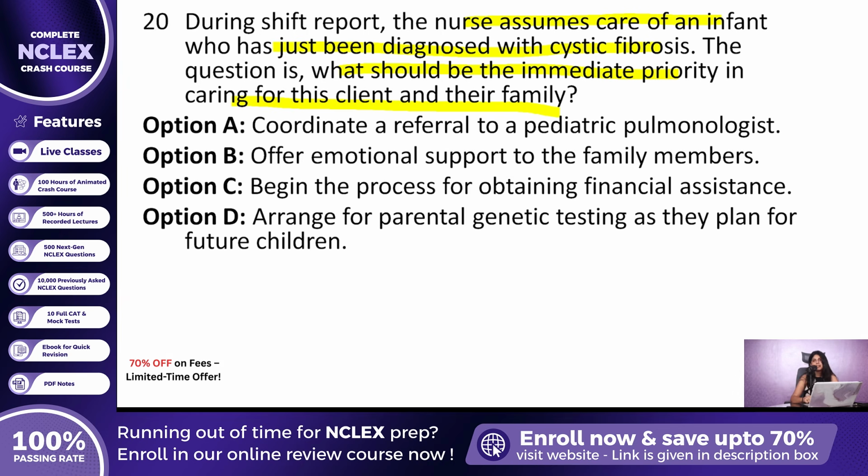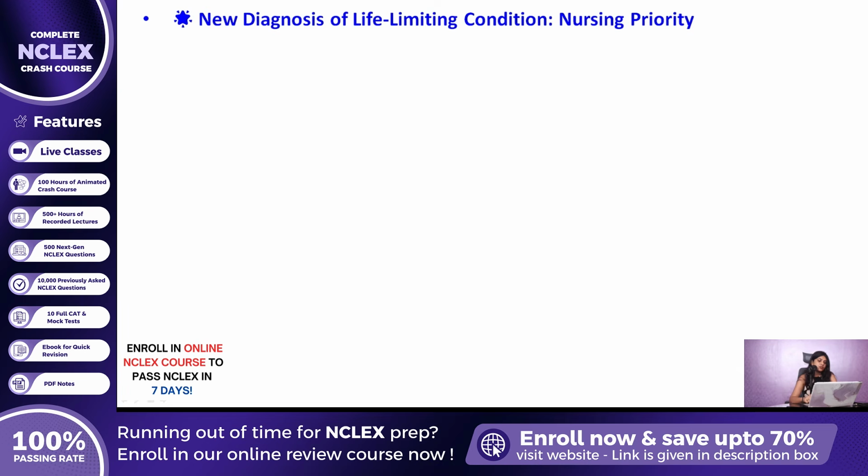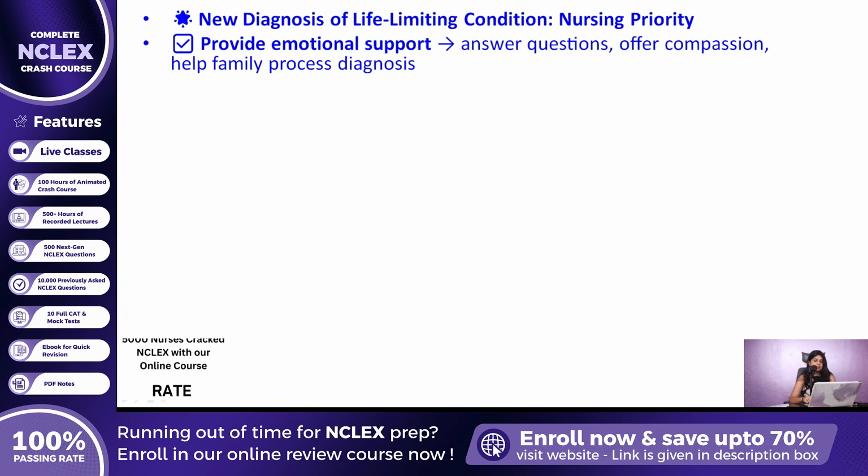The correct answer is Option B, offer emotional support to the family members. Here's the reasoning. When a family has just learned that their child has a life-limiting chronic condition like cystic fibrosis, they are experiencing emotional distress and uncertainty. The most urgent nursing role is to provide compassionate support, answer questions, and help the family begin to process the